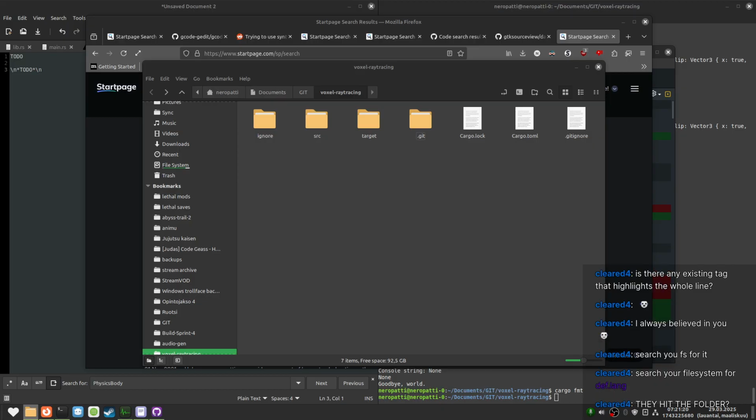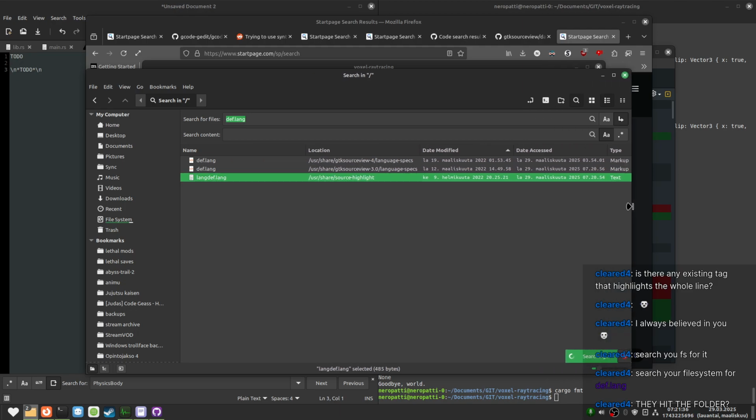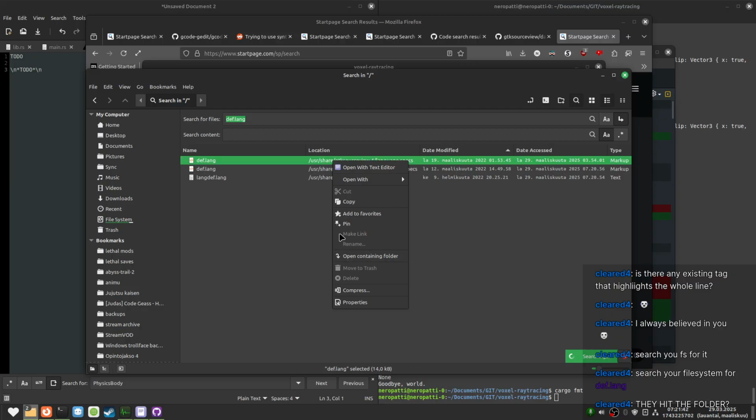We've hit the folder. Dude, look at this. def.lang, GTK source view 4, and GTK source view 3.0. I don't know which one we're using. Also, there's some langdef.lang. I don't know what this is. Which one of the three? Choose your poison.